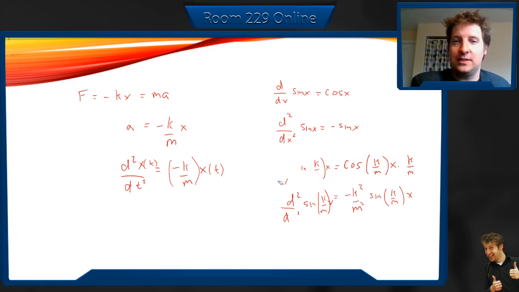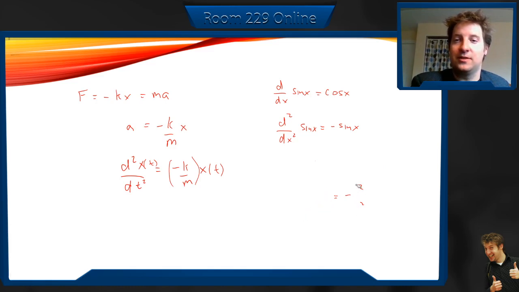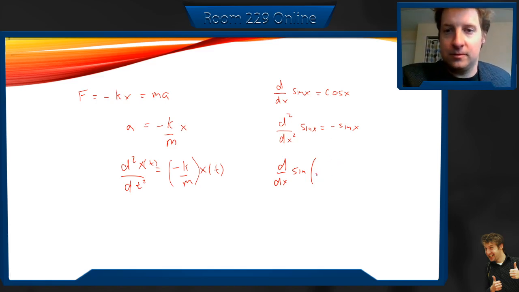It's all going to work out nicely if I have my stretching factor of my sine and cosines, it works for cosine as well. Spoiler alert: it will have to be a square root. Goodbye, all that. Let's do the same thing. So we're going to take the derivative with x of sine square root k over m x. That'll give us root k over m